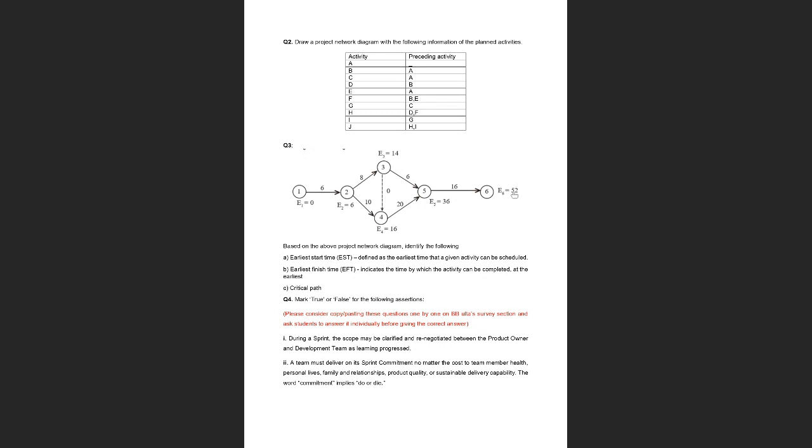Okay, so for early finish time, same logic. For different activities, the duration is given. You have to calculate the earliest time at which any of these activities can be finished. So it's the other way around. Before, we were looking at the earliest time any activity can start. Now we are looking at the earliest time at which any activity can finish. Similarly, we have the same activities. So let's have a look at what is the earliest finish time for activity 1, 2. Can you guys tell me?